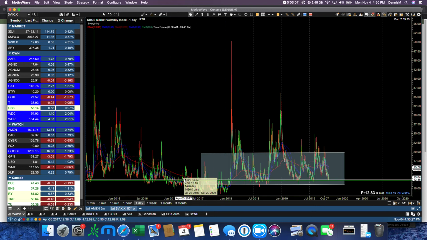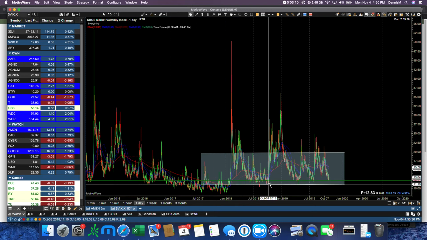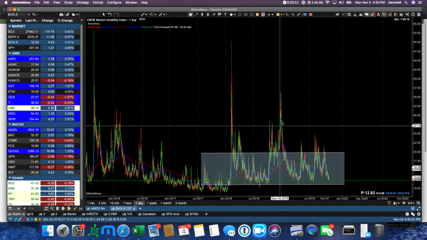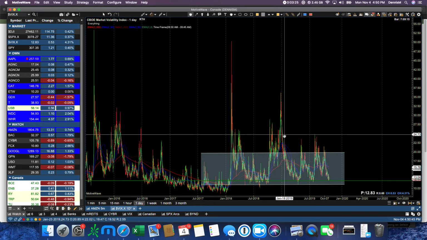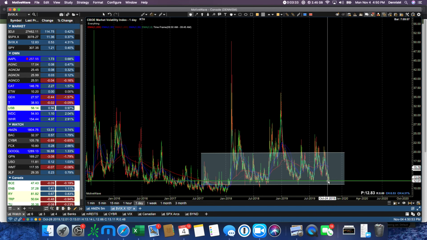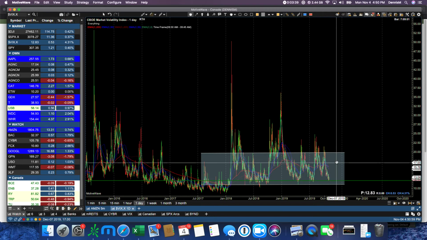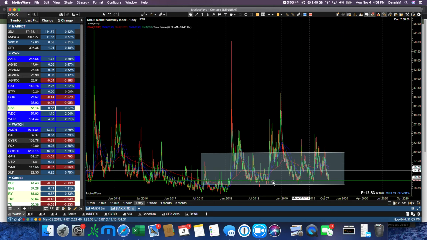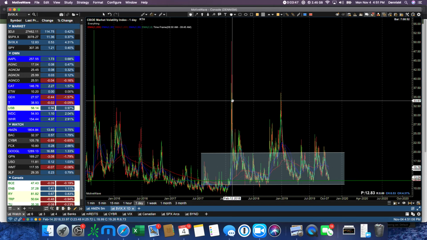Now let's go back to last October, where we had the volatility index just a little bit lower than it is now, and it stayed there for quite a while, and then it moved up, and then it got to its peak on Christmas Eve, and then started to go down as the market returned back to its bullish state. So whenever we're at these lows, this is a measure of the number of puts that are bought to protect or to hedge against a drop in the market. And when the volatility goes up, the market goes down.